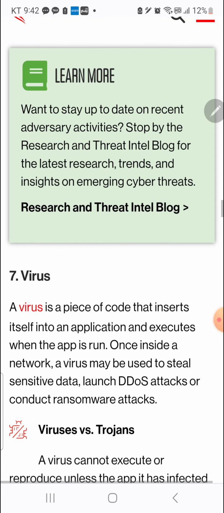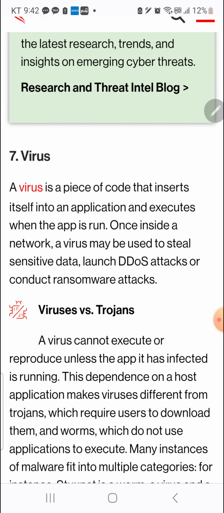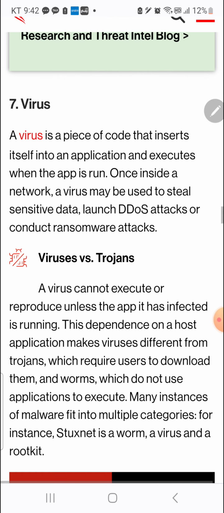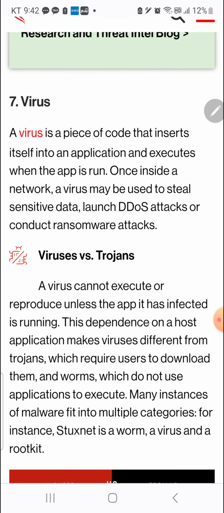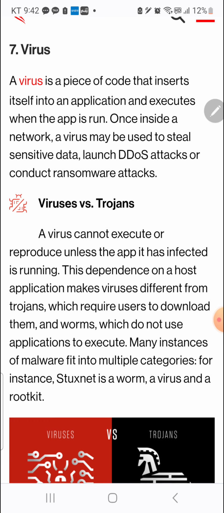7. Virus. A virus is a piece of code that inserts itself into an application and executes when the app is run. Once inside a network, a virus may be used to steal sensitive data, launch DDoS attacks, or conduct ransomware attacks.